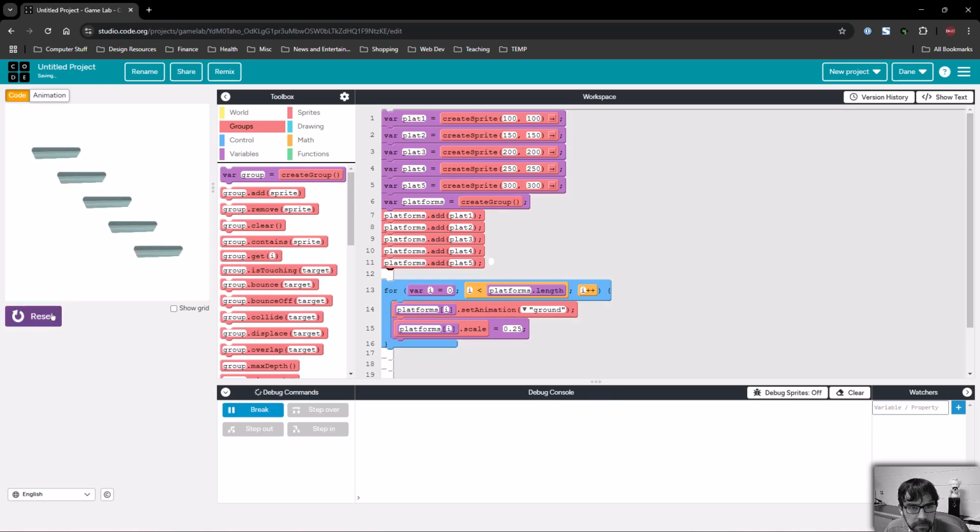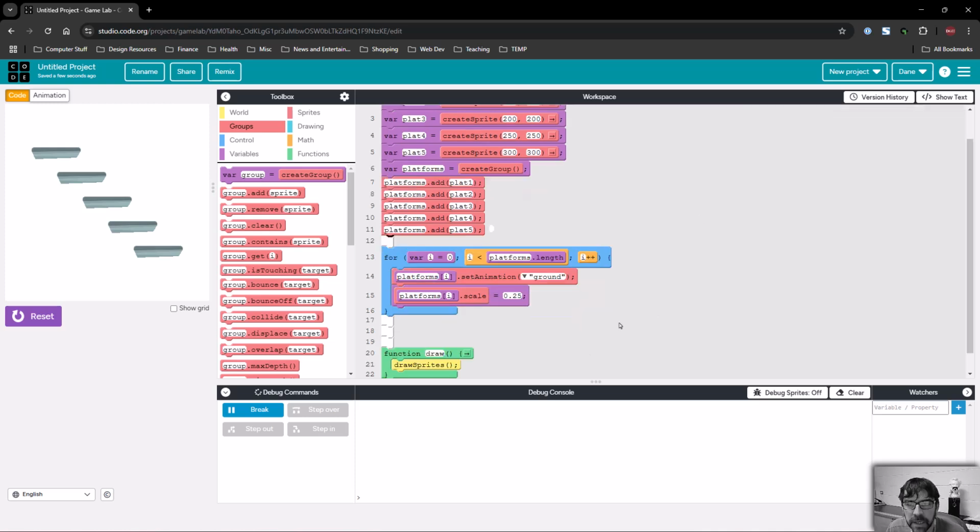And we'll hit run. There's our 5th platform. So why would this be useful? Because after all, couldn't we just do the exact same thing with set animation each? We could. What we can do now, though, is we can use if statements within this for loop to set